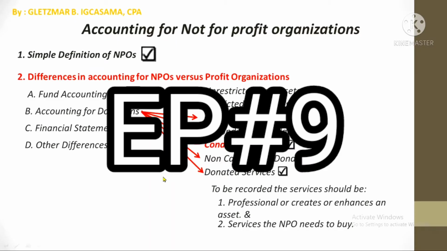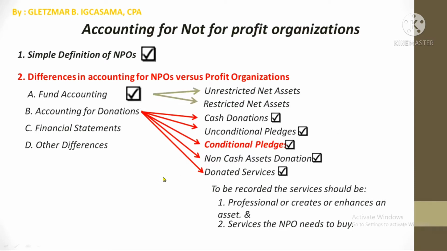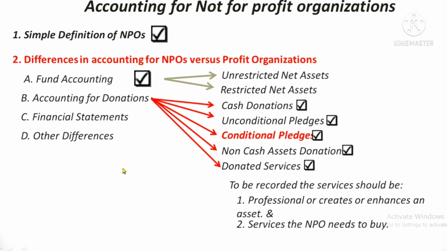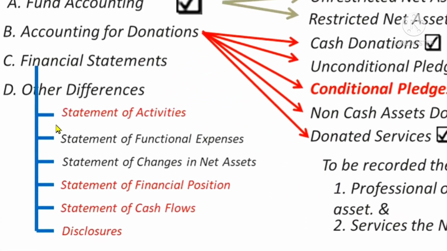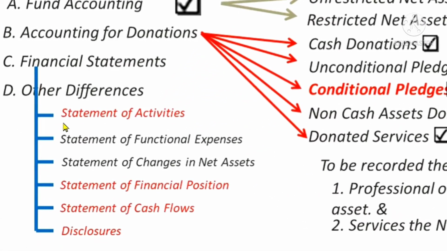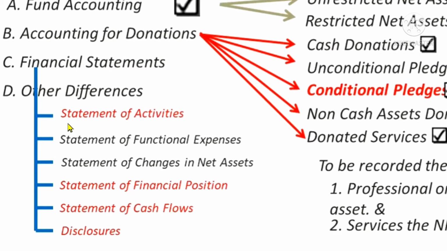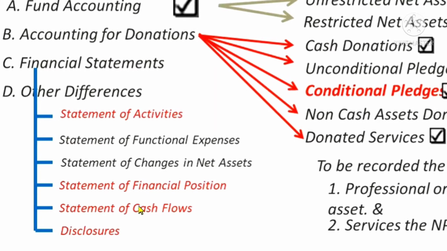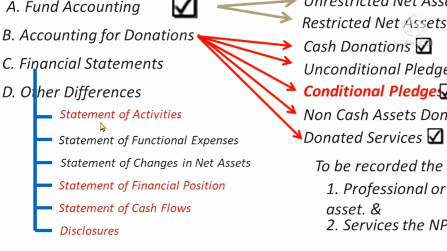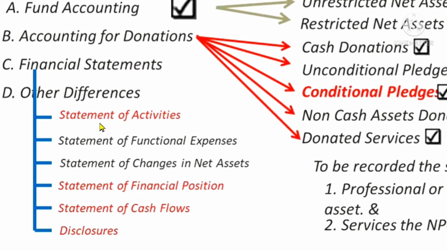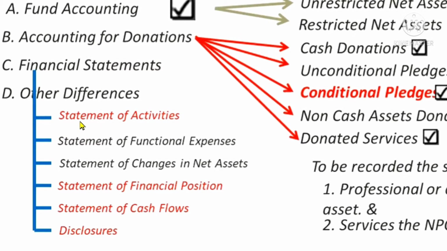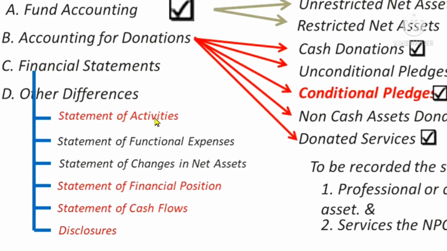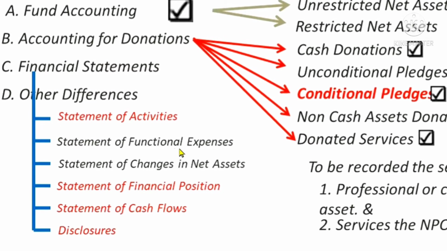It's episode 9, guys. So, again, all of this up to here are already through. Now, we go to this, the financial statements of the not-for-profit organization. And in order to make it easily relatable, I'm going to compare each of these to the financial statements of profit organizations. So, in this episode, we will start with the statement of activities, followed by the statement of functional